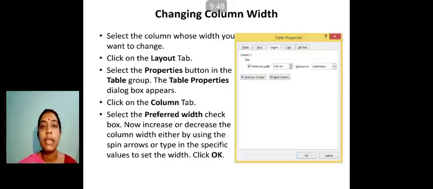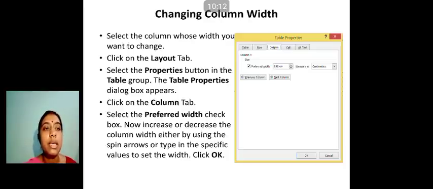Now on that Layout tab, the Properties option is available in the Table group. When you click on it, again the Table Properties dialog box will appear as it appeared earlier. Now you can see that box next to it.